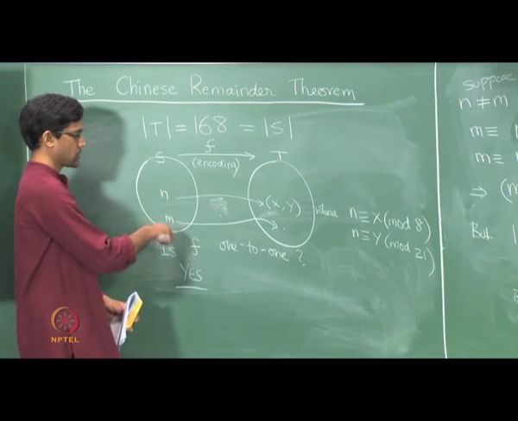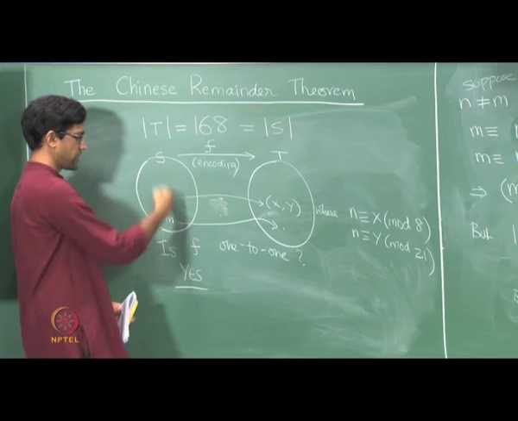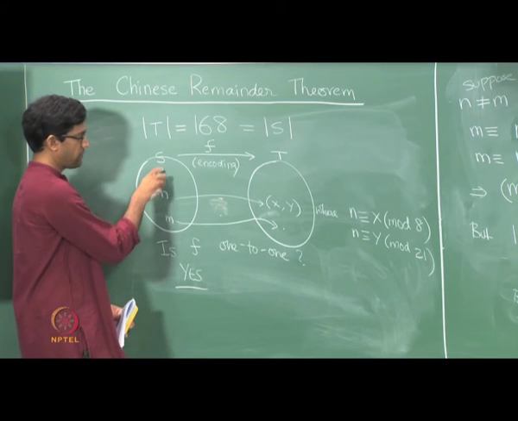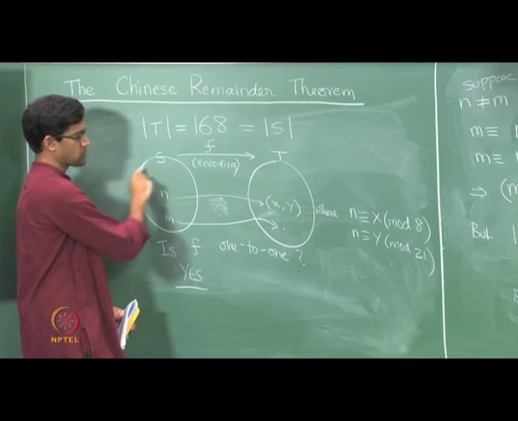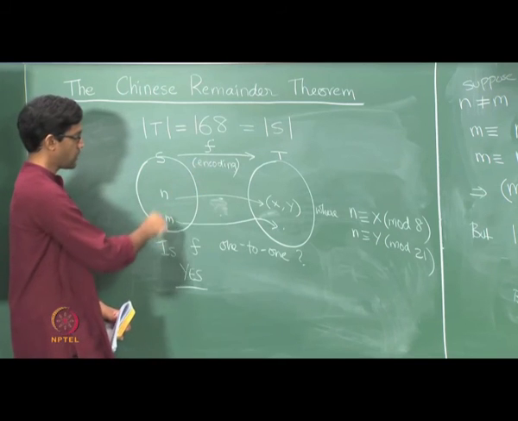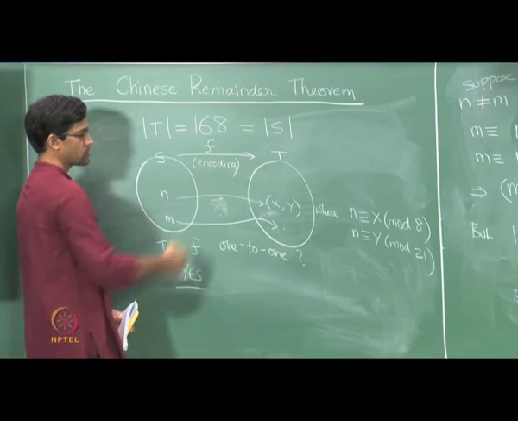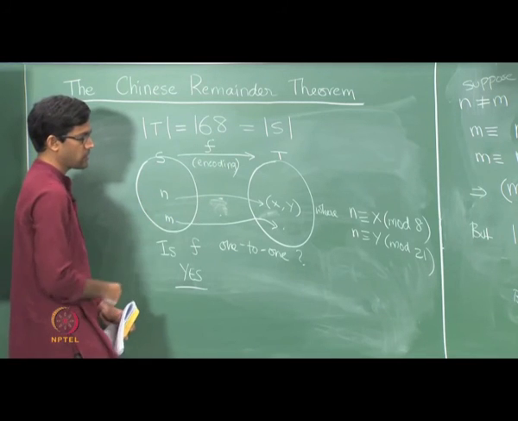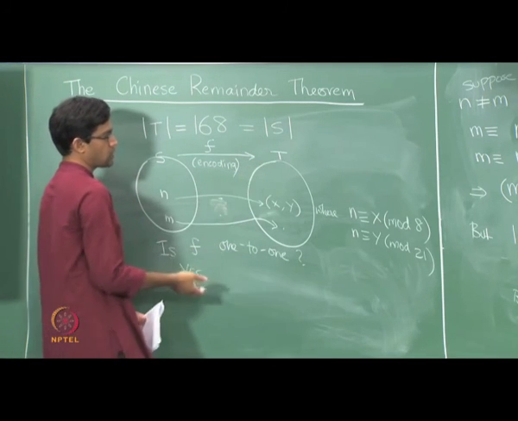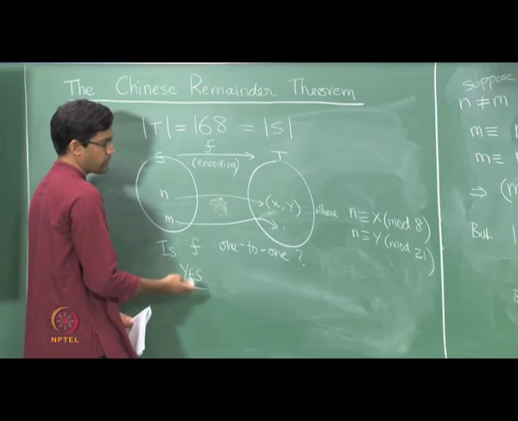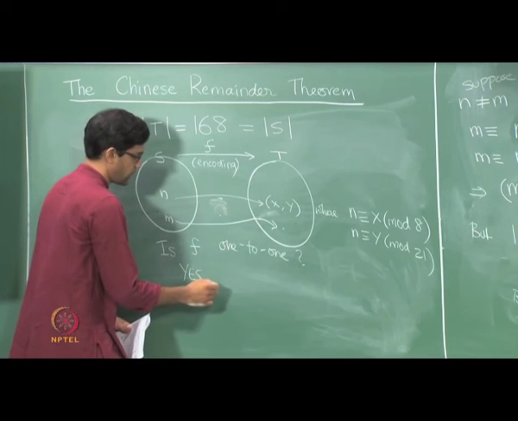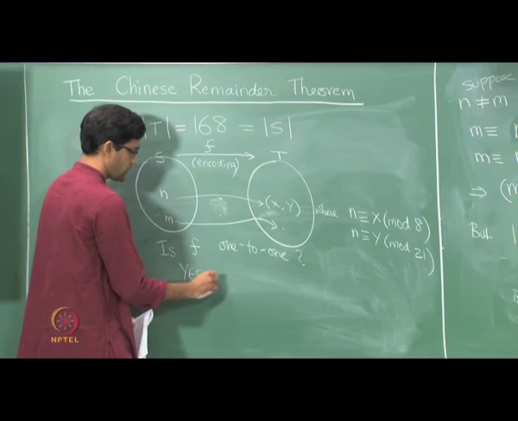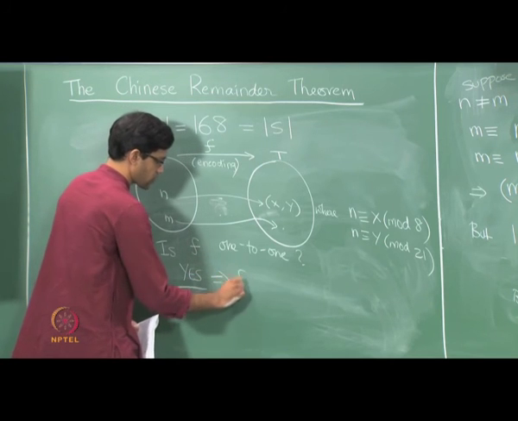Because what is the image of S under this function? Well, every element here maps to a different point. So the total number of different points that you'll get in the image is exactly 168. So the image has size 168, but the set T also only has size 168. So the image had better equal the entire set T. So yes, and further this implies that f is also onto.